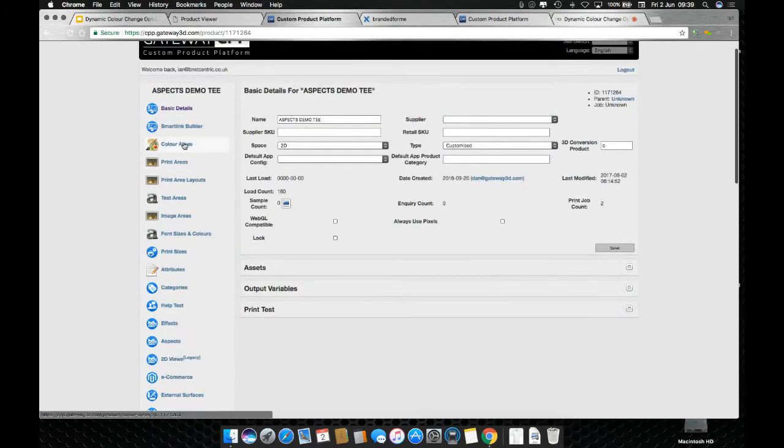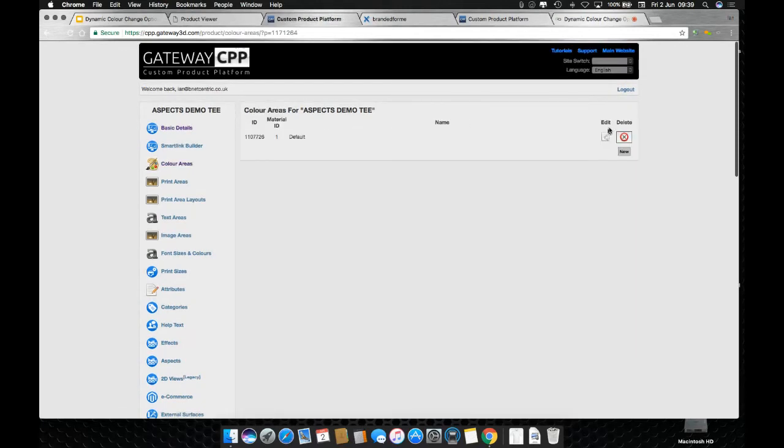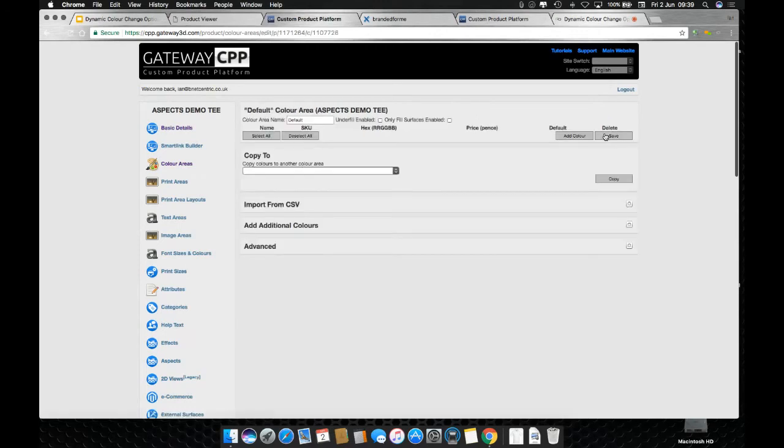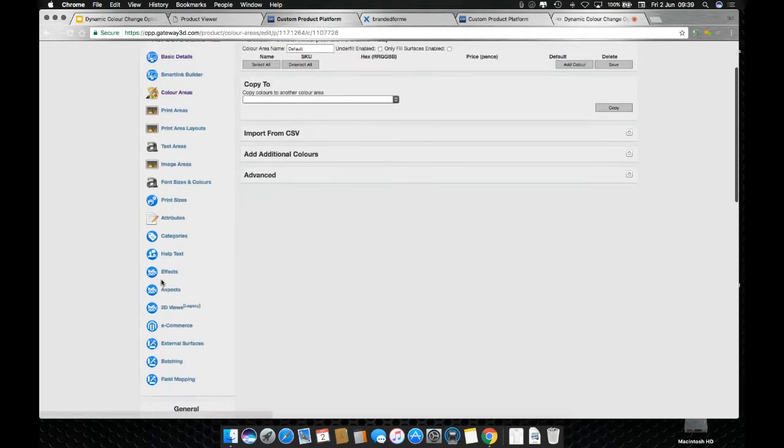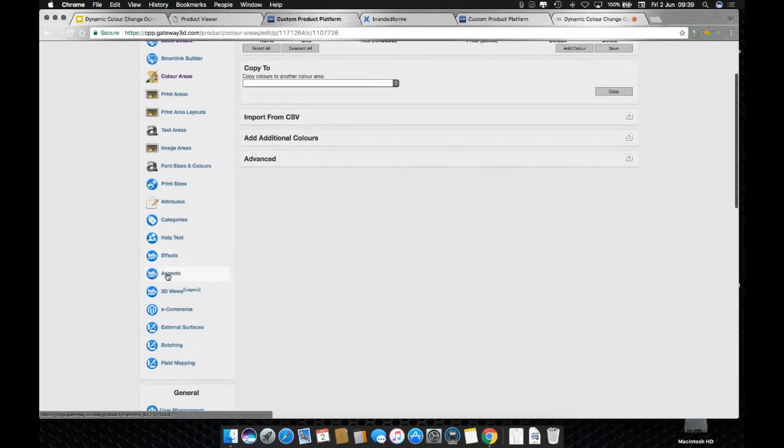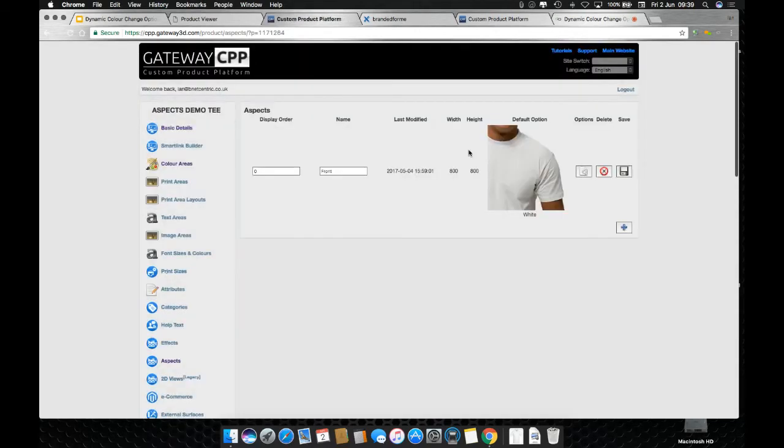Normally, because this is set up with aspects, if I go into the color areas first, there is still a default color area, but there are no colors applied in this section at all. They're all dealt with in this aspects section down here. So you can just click the plus to add a new aspect, or if I drill down into the options for this particular one,